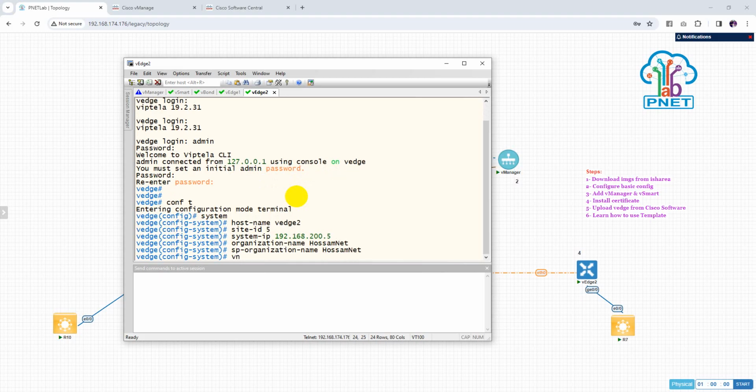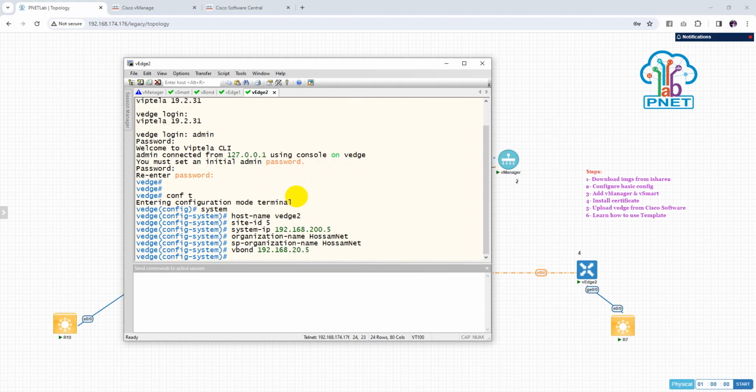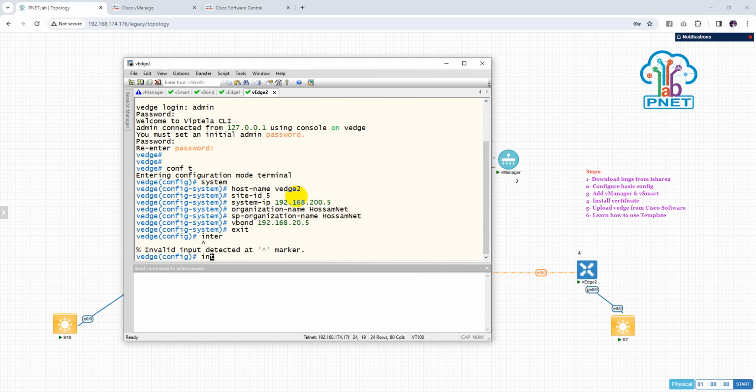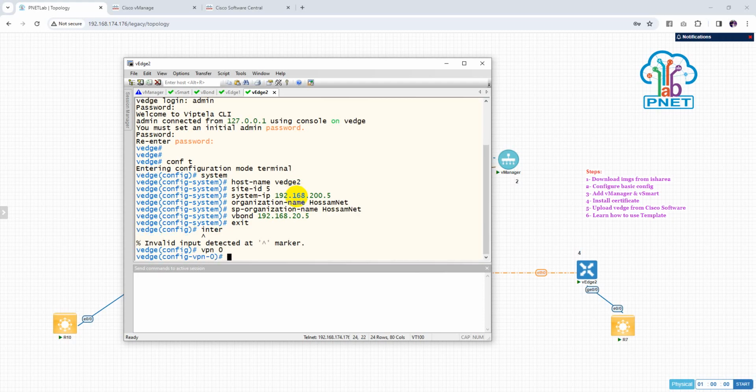Okay, good. And vBond 192.168.25. Okay, good. Interface, or sorry, VPN 0. And here interface